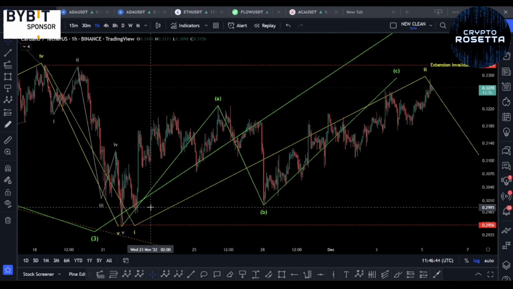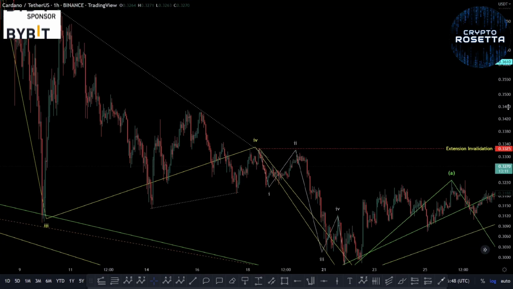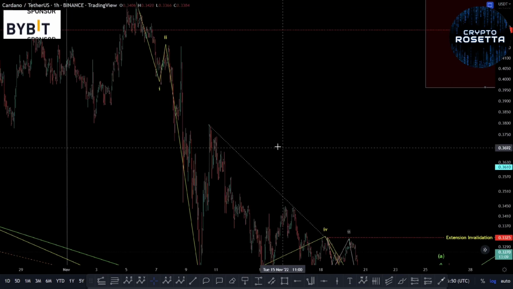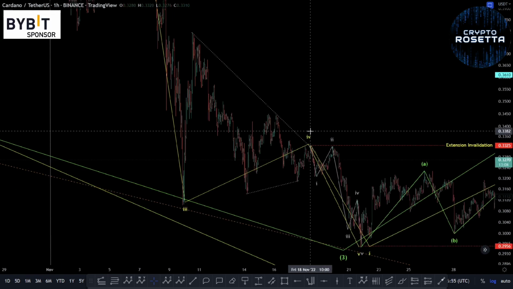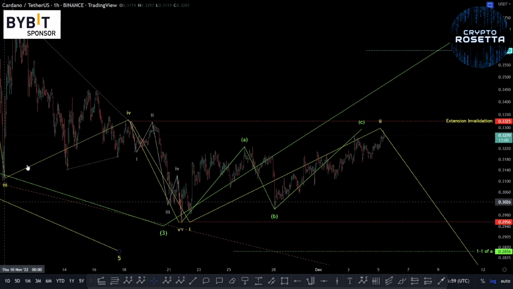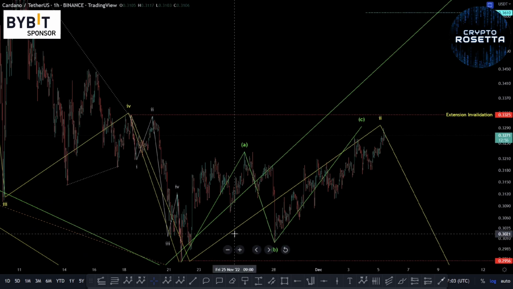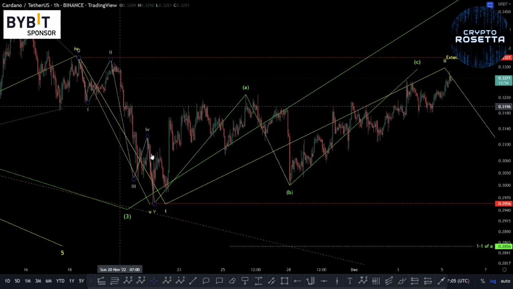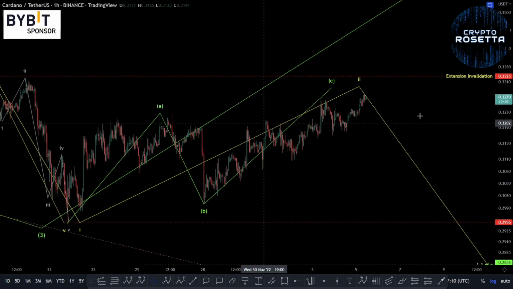So I'm just having a look. What we've got here is the move to the downside that we had previously. I'm looking at it as a five-wave move, with this as a 1, 2, 3 into this low, and then we have this as a triangle, and then a fifth wave down. There's two ways of looking at that. We'll go over the other way in a second. So if that is the case, we would have this as a five-wave move coming off the back of this triangle. But now we failed to break above this